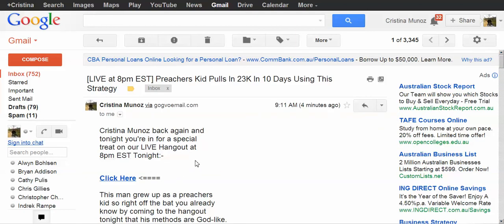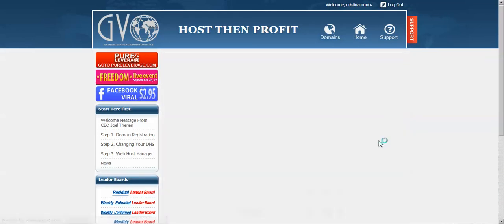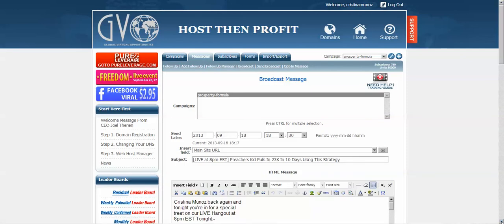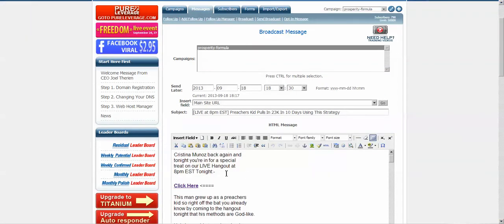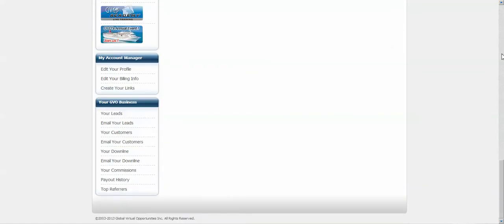So if you notice that, what I then do is I go back into GVO, and then I go edit. This is why it's important that you test. And then you see there's an extra spacing there. So I just delete that space and delete that space. Oh no, that's one there. So we're right. Then I'll go ahead and save it again.